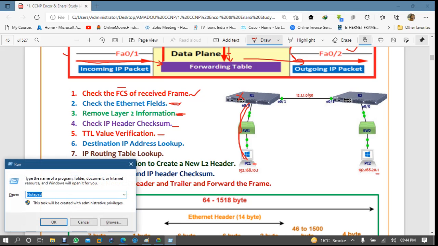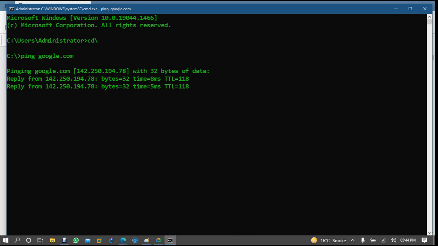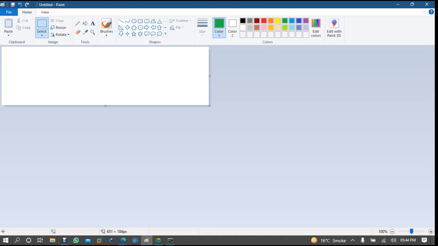Suppose I come to my system and ping google.com. What is the TTL value? 118. So what will happen is, if the packet which I am generating from here is reaching google.com, and if suppose my packet will not be able to reach google.com, how will it be working? See,